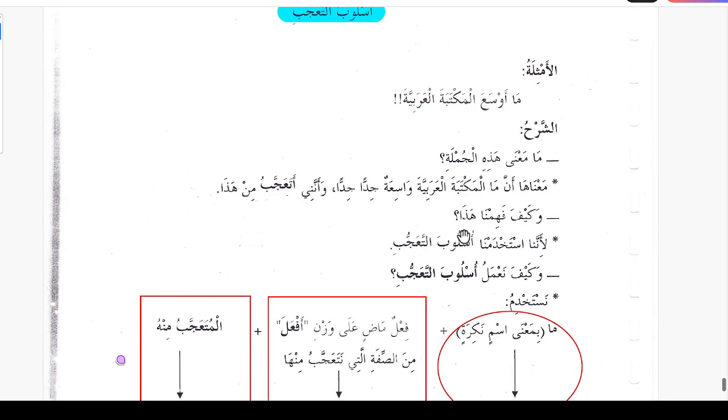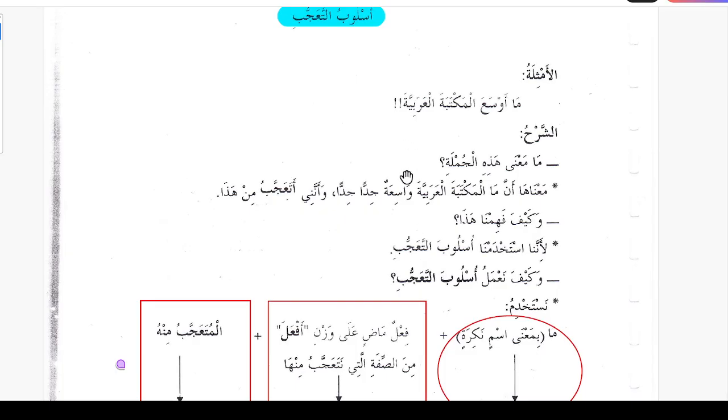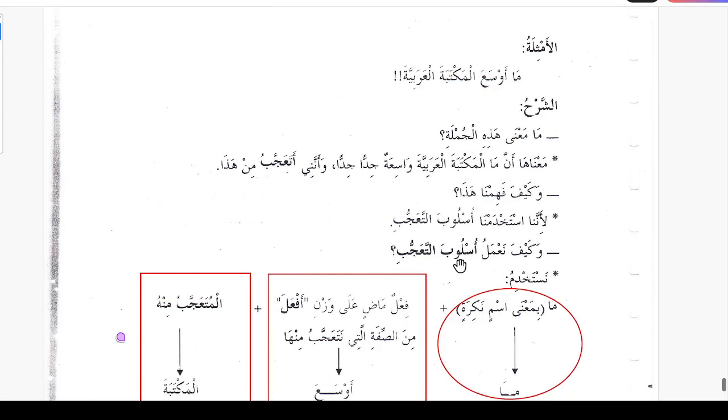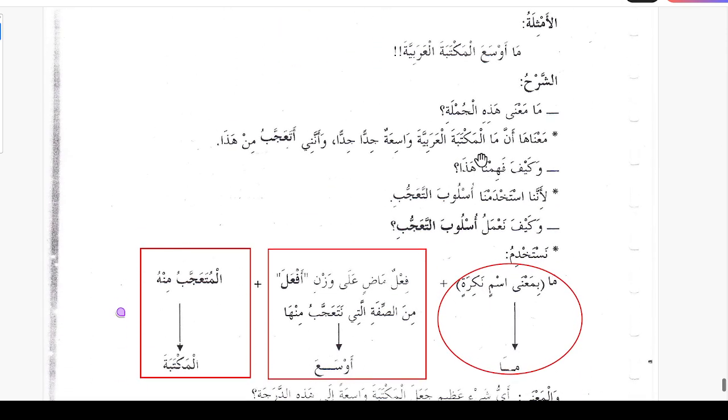Wa kaifa fahimna haza, and how do we understand this? Liannana istakhdamna uslub ta'ajjubi, because we use the uslub ta'ajjub, the style of surprise. Wa kaifa namalu uslub ta'ajjubi, so how does this style of exclamation or ta'ajjub work? I mean, what is the structure of these